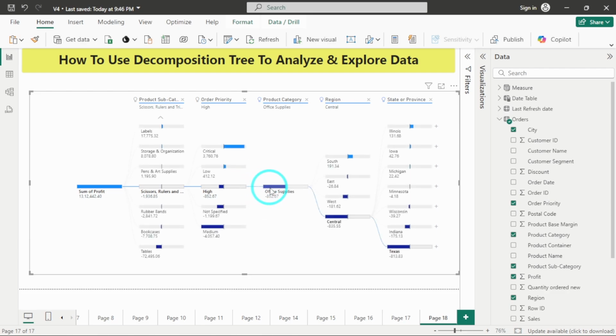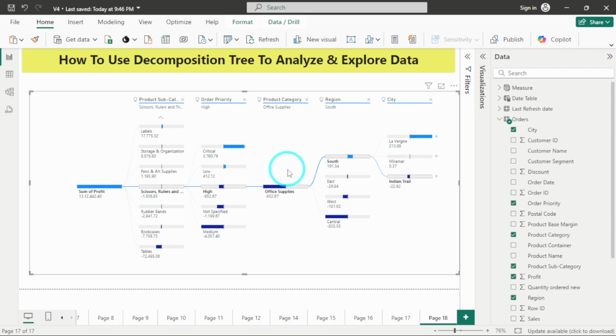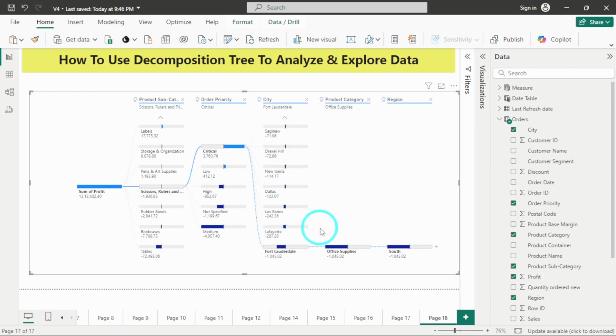And here it is only referring to the central region. If I want to see for west, I can click on west and it will give me accordingly. If I click on south, then it will give me accordingly. Similarly, if here I want to go for order priority with critical, it will give me accordingly. So this is how this flow chart or decomposition tree